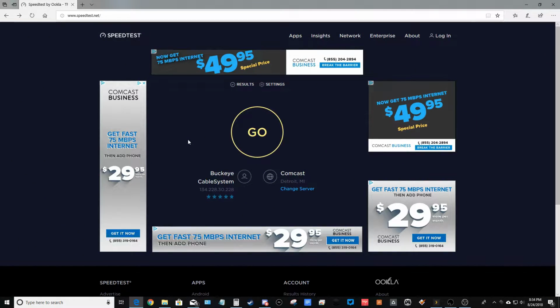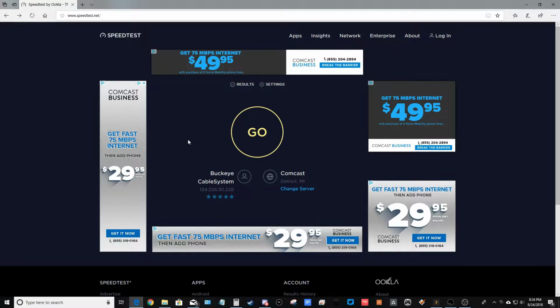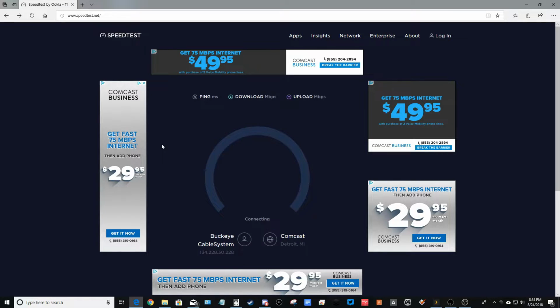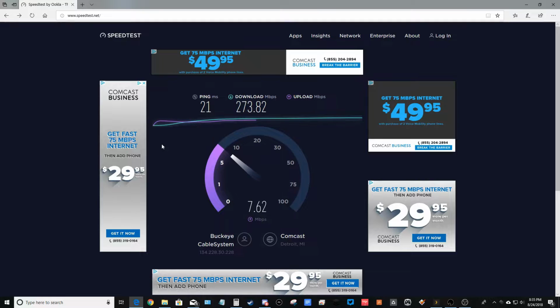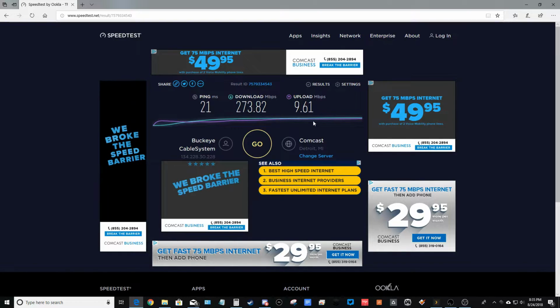Now you'll notice that I have a website open right now, and I'd recommend that you visit this website as well before you jump into Shadow. It's speedtest.net, and once you get there, go ahead and hit the big yellow button. And at the end, you'll notice that you have actual numbers that represent your upload and download speed in real time. Make a note of these numbers, you'll need them for later, and then let's go ahead and open up